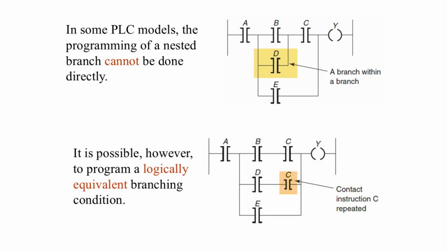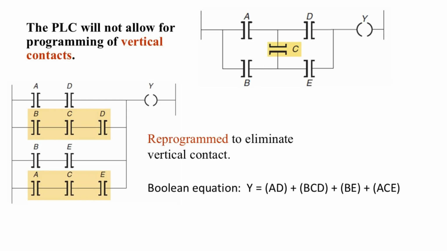This produces the same logical result while conforming to the software's programming rules. This approach is a common programming technique in ladder logic. When a certain graphical structure isn't allowed, we can rewrite it in an equivalent way that preserves the same truth table and logical behavior. In ladder logic, PLCs require all rungs to flow horizontally from left to right, as the